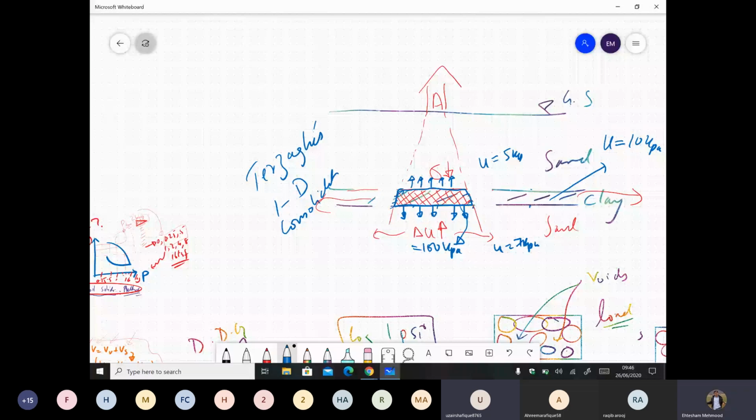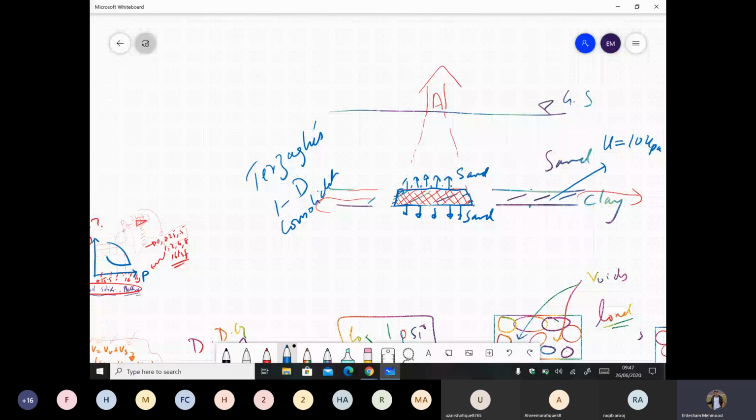Okay, to answer your question, Terzaghi says that if there is sand on top and sand on bottom of the clay layer, then water will move in both directions, regardless of whether it is easier for water to move up or down. So if it is sand on top and bottom, water will move in both directions. Can you tell me what is the maximum distance water has to travel?